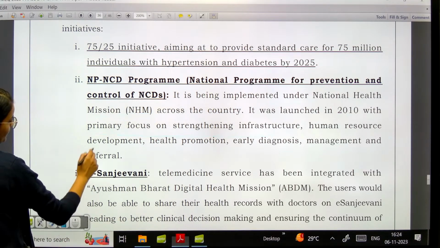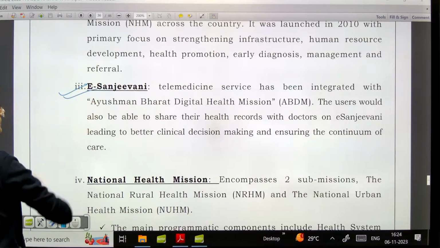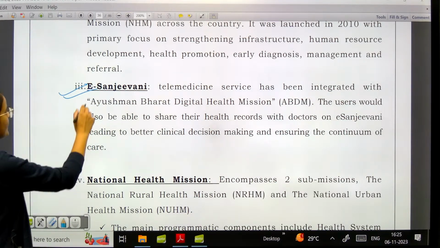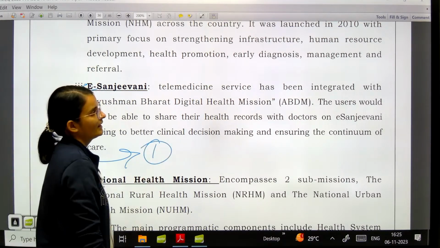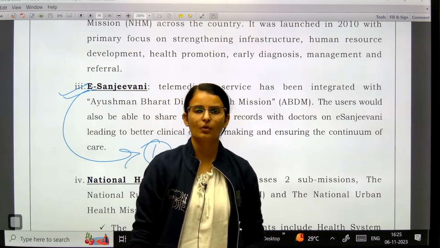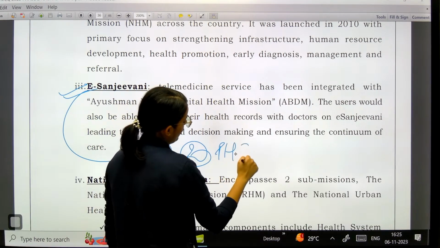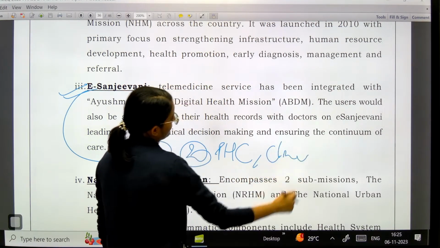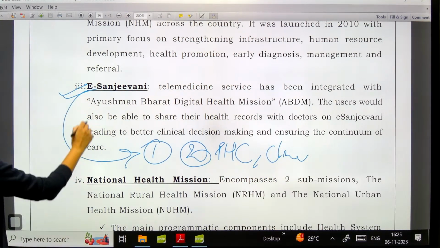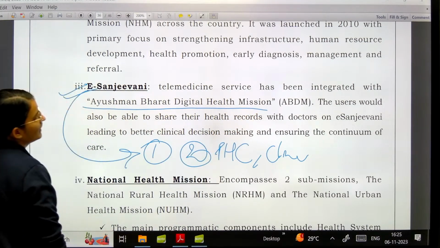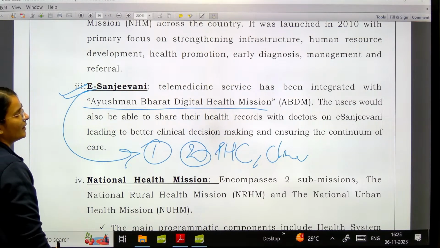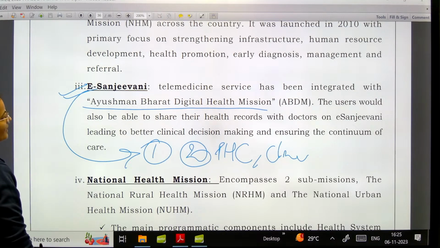And also e-Sanjeevani was launched by the government, that is telemedicine service. There are two components under e-Sanjeevani. That one, the communication can be made from the home by the individual patient, or it can be done from any primary health care, hospital, clinic and other departments. Okay, so Ayushman Bharat Digital Health Mission, it has been integrated under ABDM, and the users would also be able to share their health records with doctors on e-Sanjeevani, leading to better clinical decision making and ensuring the continuum of care. Okay,